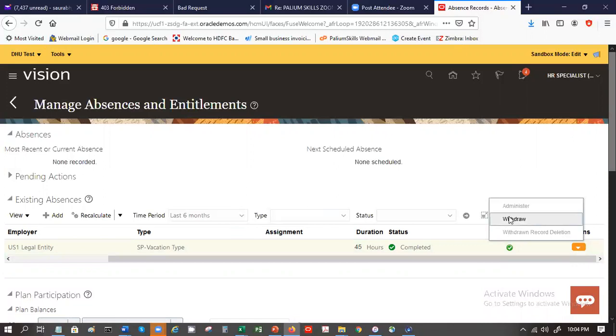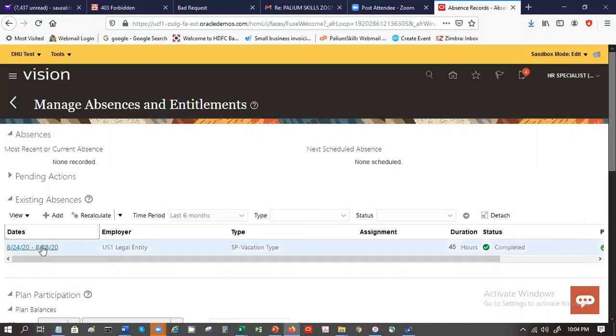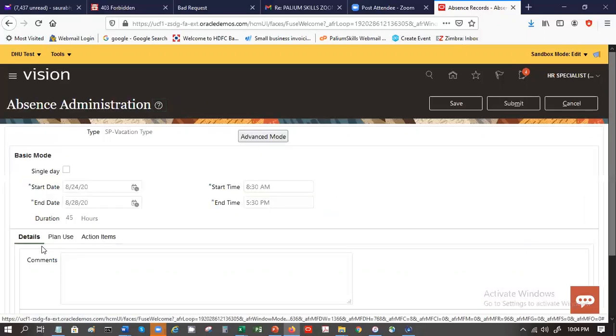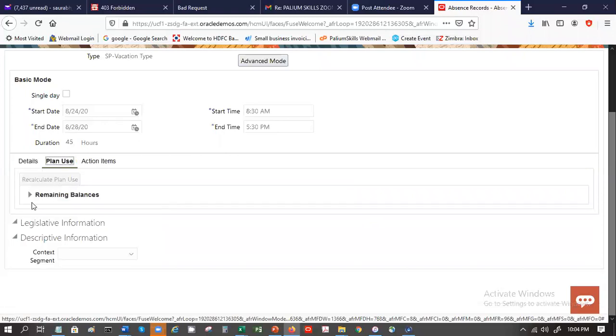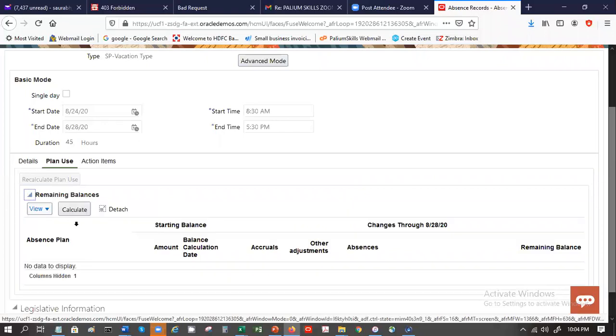You can withdraw that also if it was done by mistake or the person changes their plan. They no longer want to go on leave. These are the action items, plan use. All these were part and parcel of what we were calculating and we were doing.